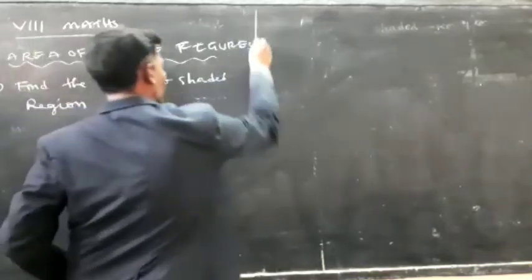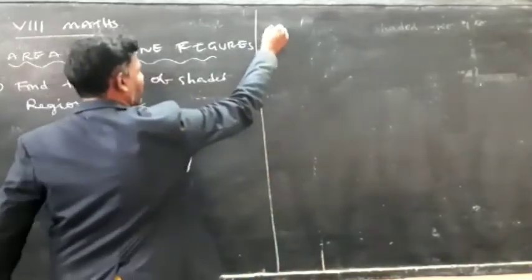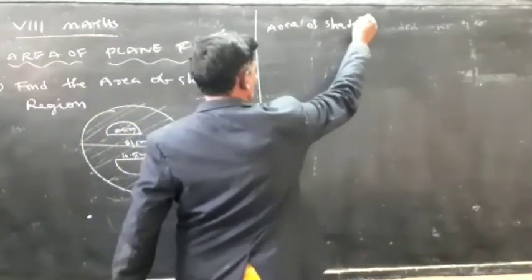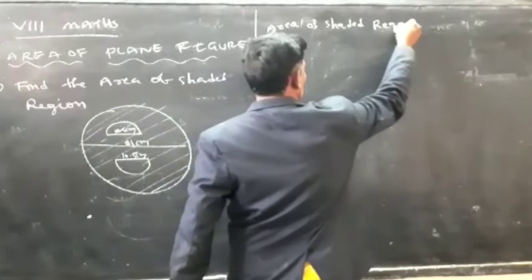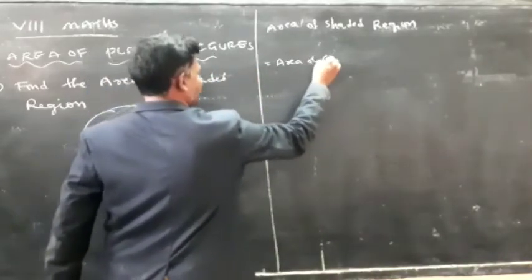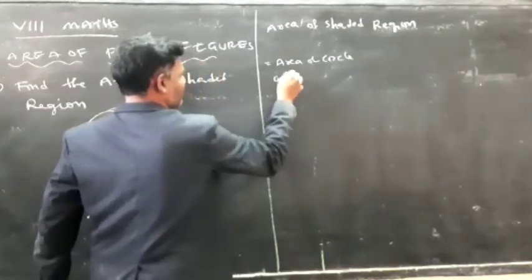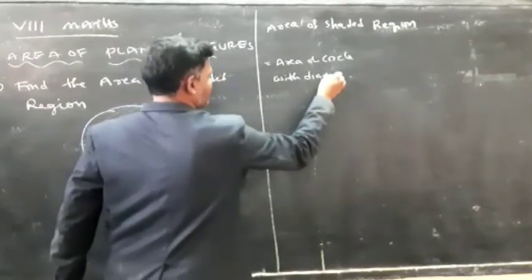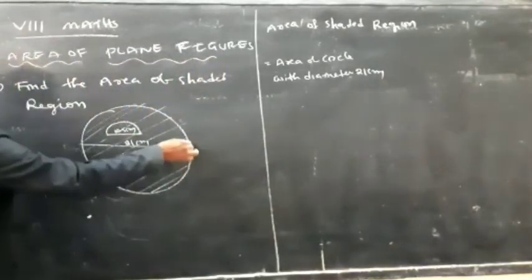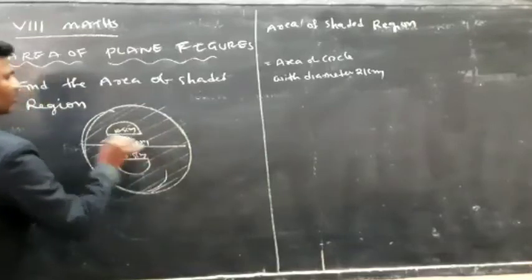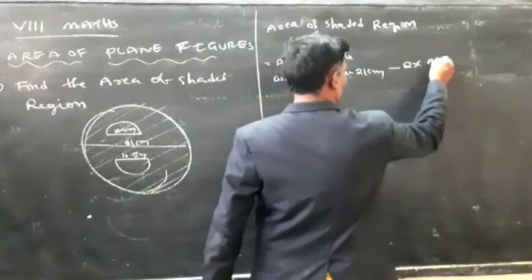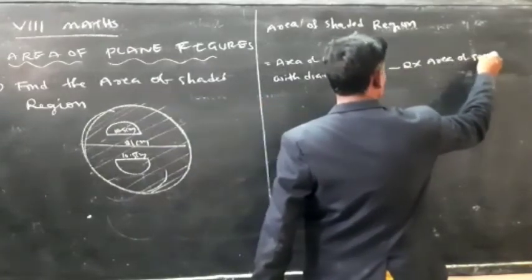See here, clearly I am writing: area of shaded region is equal to area of circle with diameter 21 centimeters, minus 2 into area of semicircle